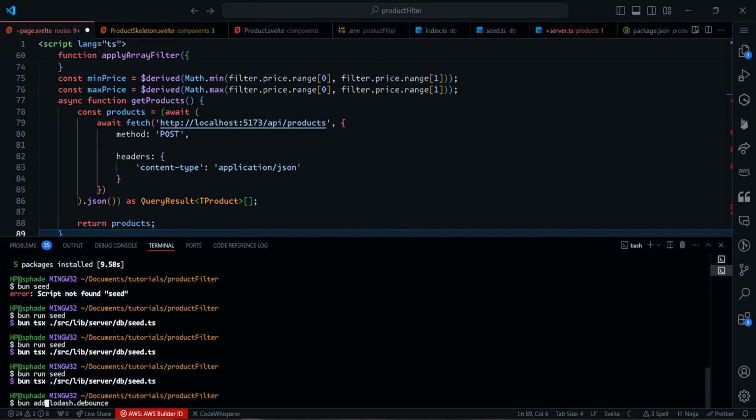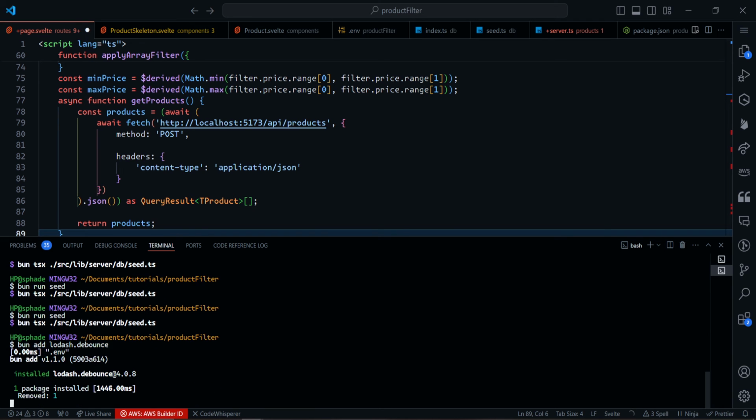Now the difference between add and i, I don't really know. I know that Bun says to use add, but i still works. So it might just be an alias. i might be an alias for add. I don't know if there'll be any difference in their speed or anything like that. So it has actually been added. The package has been added, and